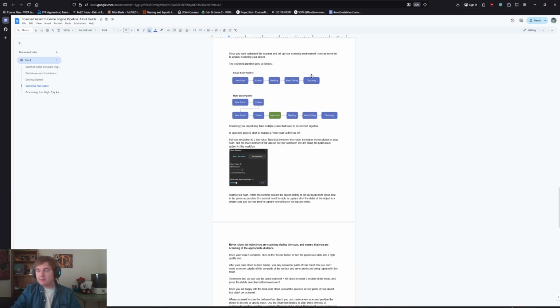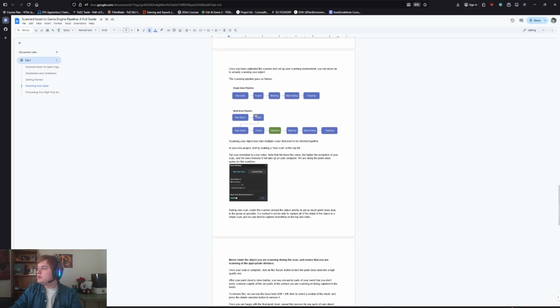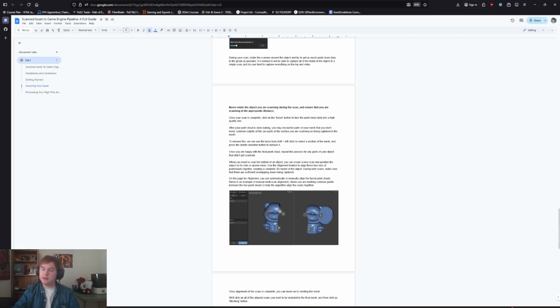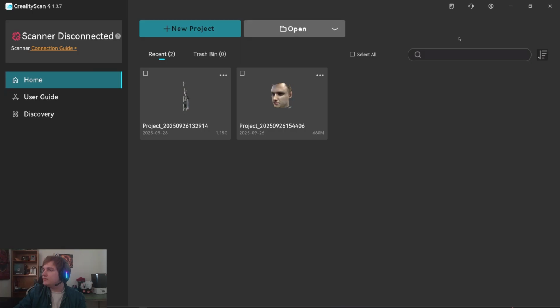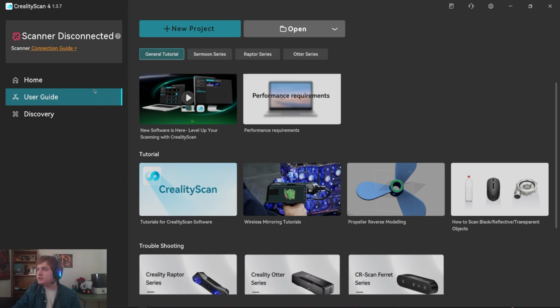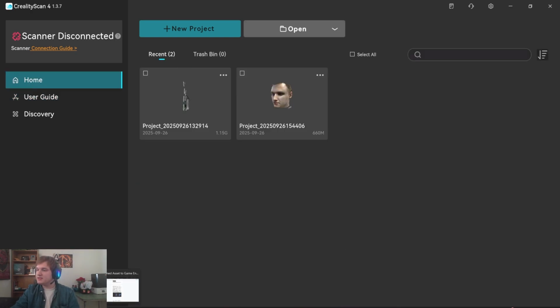So this goes over the scanning pipeline, and we have a pretty basic workflow of scanning, fusion, meshing, mesh editing, and texturing. And for the multi-scan, it's just a matter of going between individual scans and fusing them, and then moving on to the next one. And yeah, just go over this entire document right here. It'll teach you how to do it, as well as in the software itself. If you go to the user guide, there is a tutorial for the software on how to use it, but the basic process is just